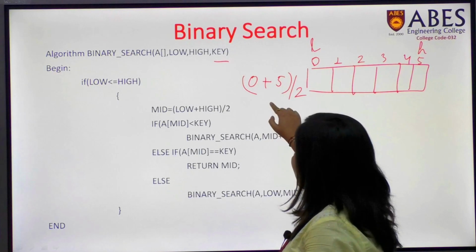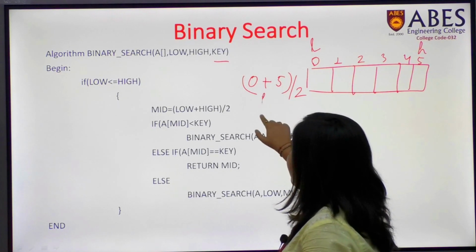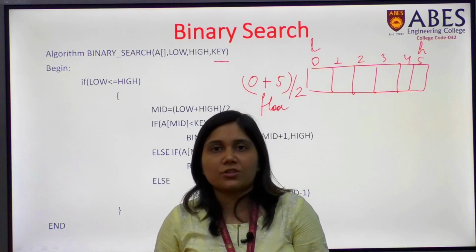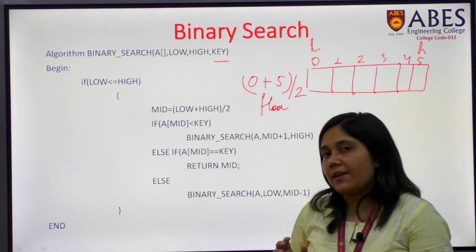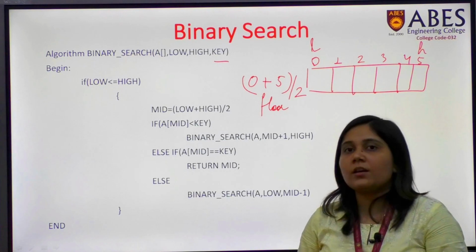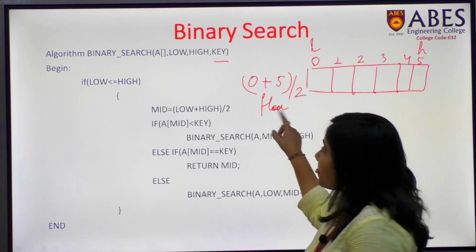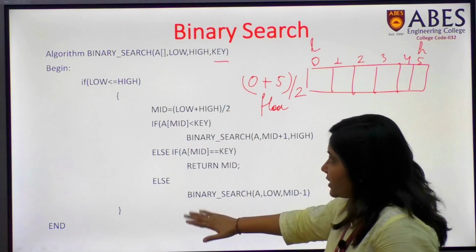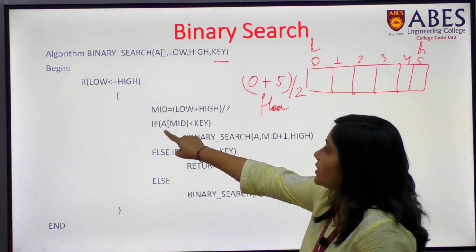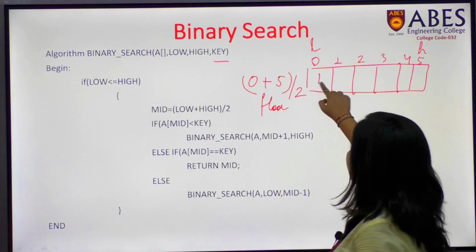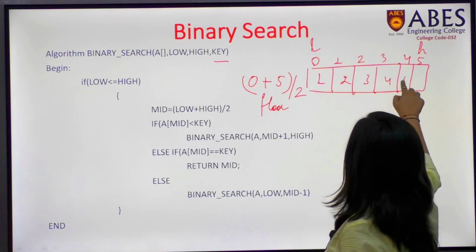Or else you can also think of it as a floor function. Most of the time, if nothing is mentioned or told to you, we will by default consider a floor function. The floor function will always take the lesser value, right? So now the 3 statements I have given you: suppose A of mid, it means this middle value, if I have written 1, 2, 3, 4, 5, 6.